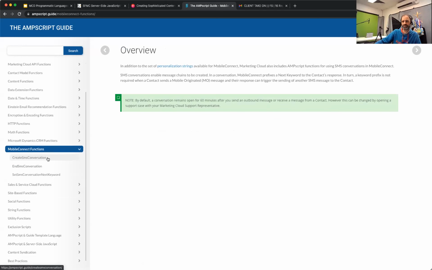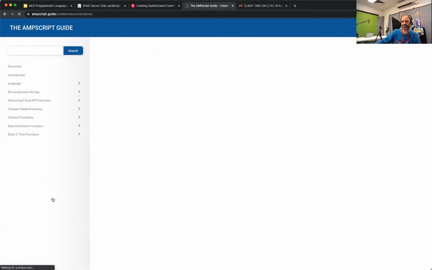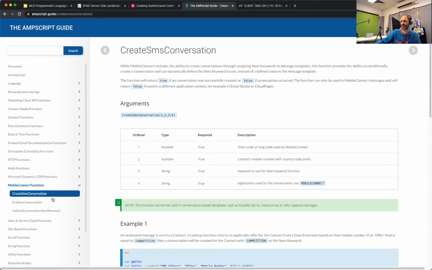So we can go and do this. You've got this one, creating an SMS conversation. I'll give you a link of what an SMS conversation is if you're unaware of that, but essentially you can go and trigger a message to be sent